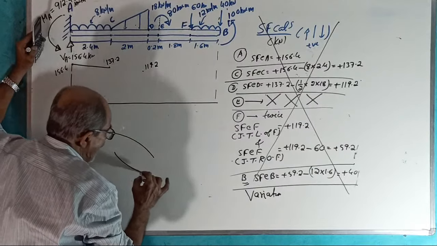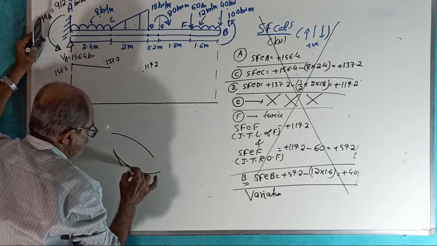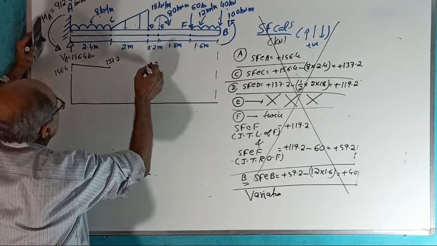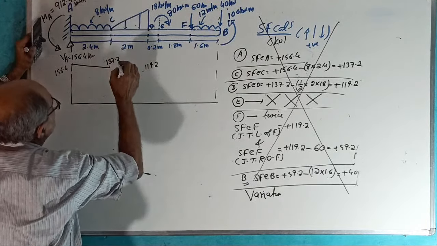If you draw this way, the curve is gone. Why? As you go that way, slope will decrease. So the only chance is, and one more thing, here slope is 0. So